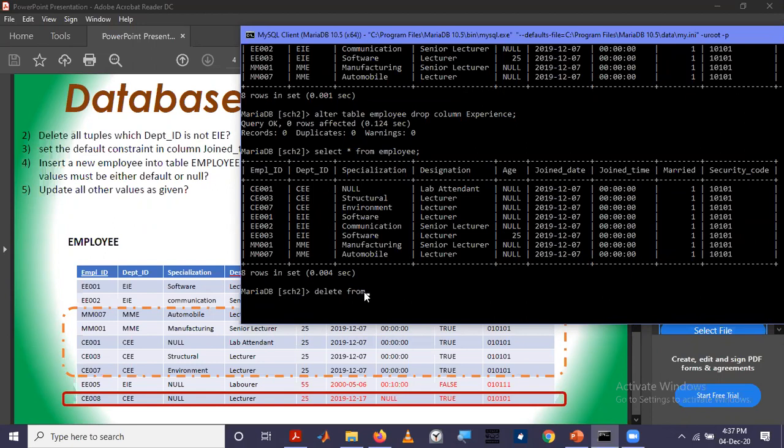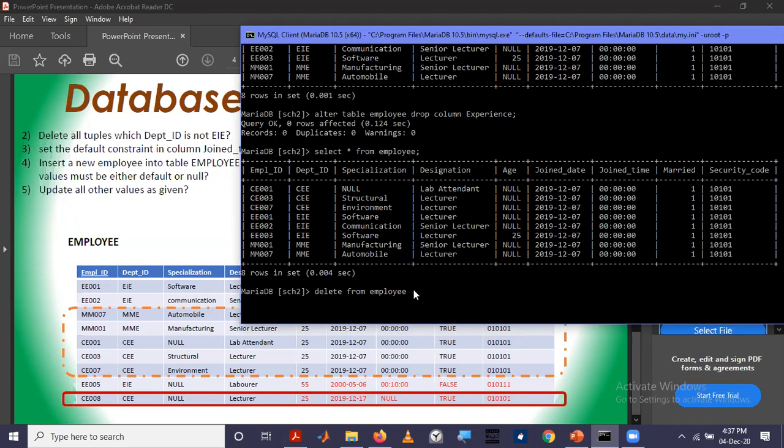Insert does not come alone. Insert into the table name, the attributes, then values. That is the format of inserting. For deleting, delete from, then the table name. Delete from employee, this table name.